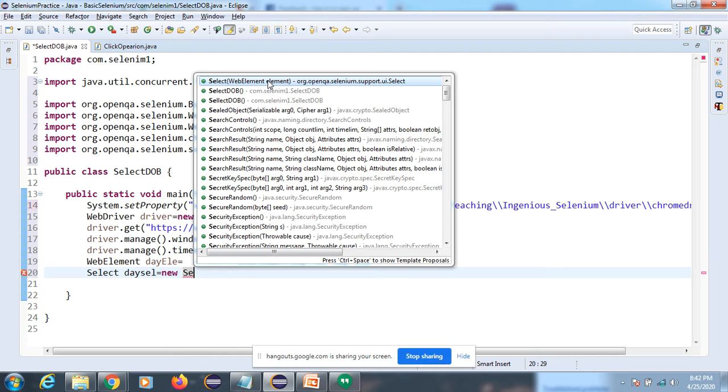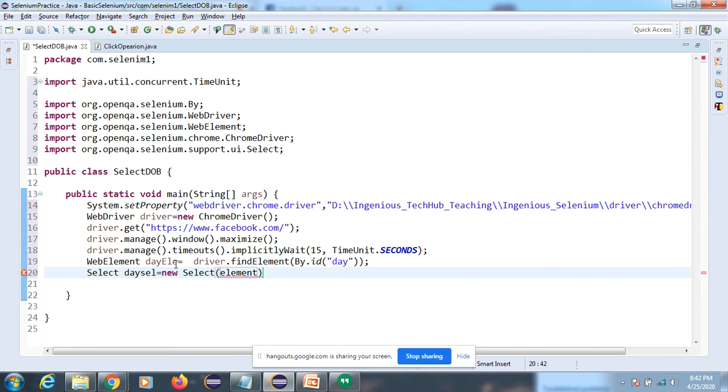What is the parameter here? WebElement type. That's why we are returning WebElement type, storing that element, and providing WebElement as the return type. Selenium has already defined what parameter you have to pass, so here we have to pass the argument, and the argument is this one.